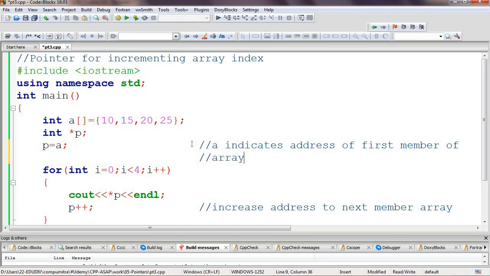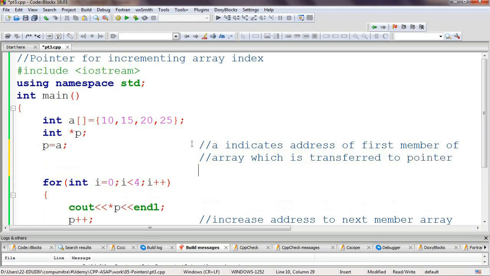The array name indicates that address, which is transferred to pointer variable P. So this statement is transferring the address A to the variable P, and